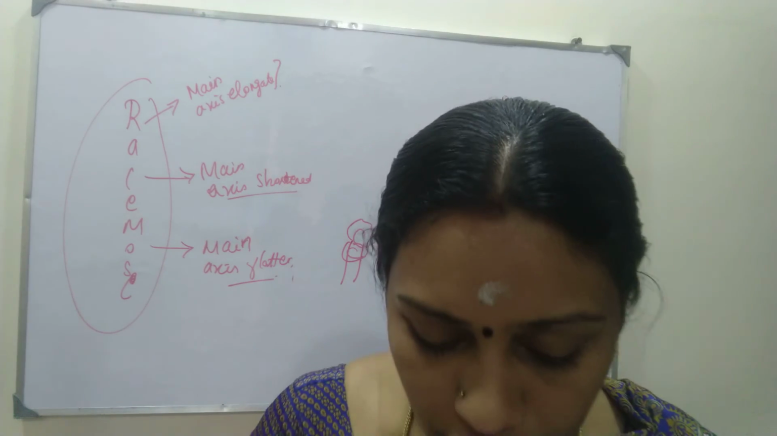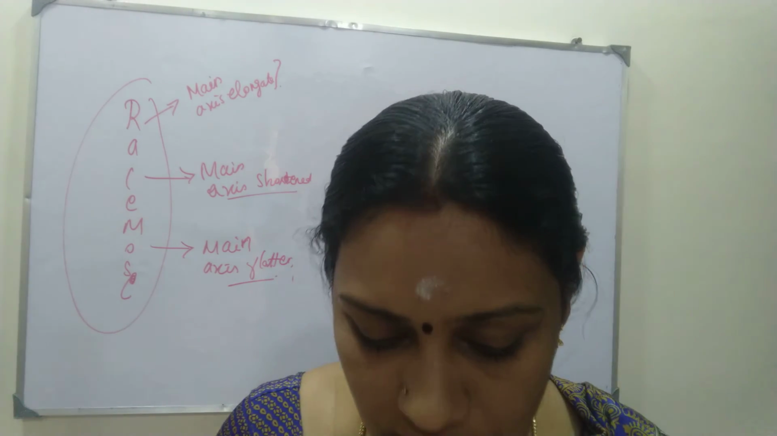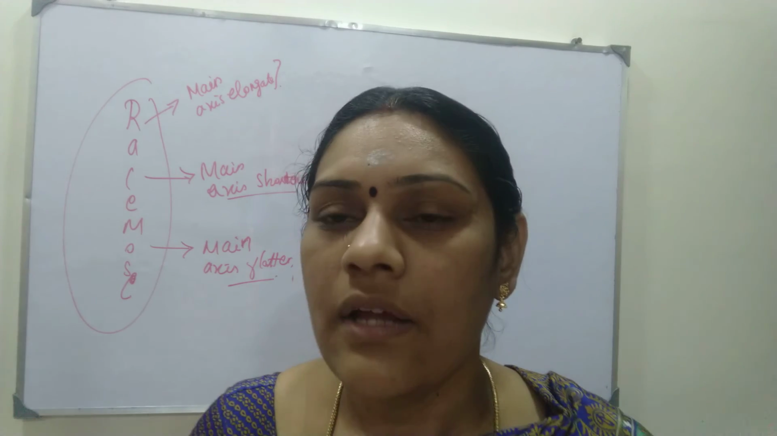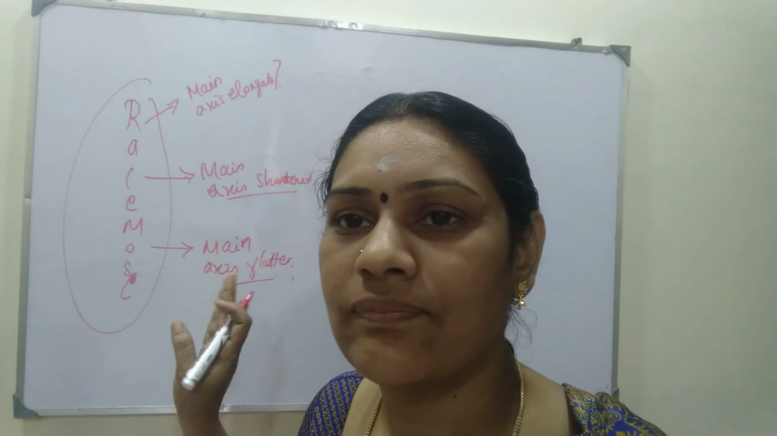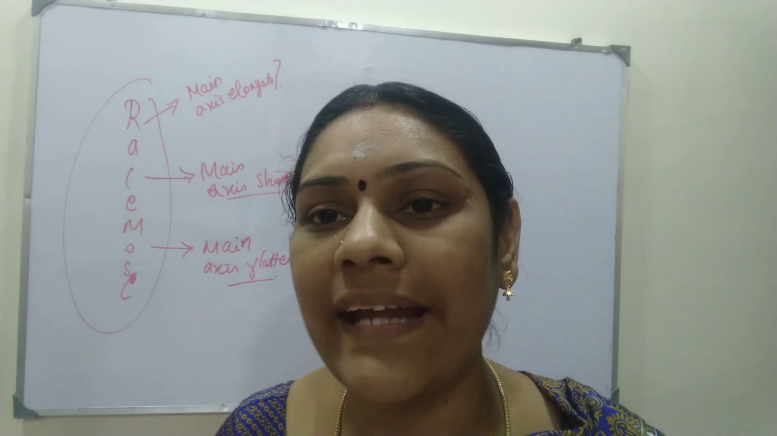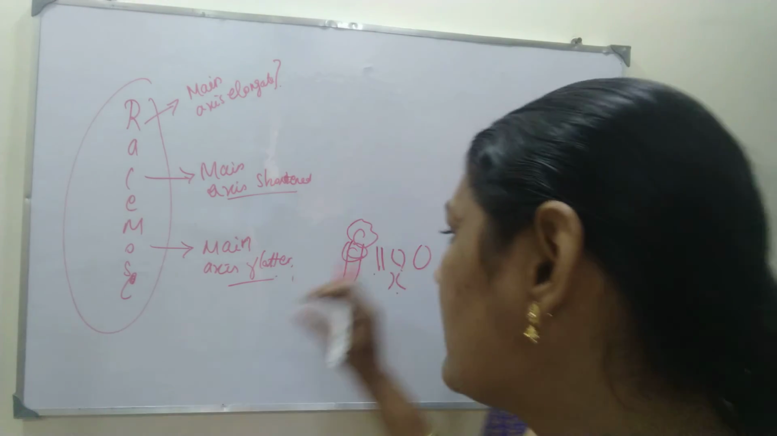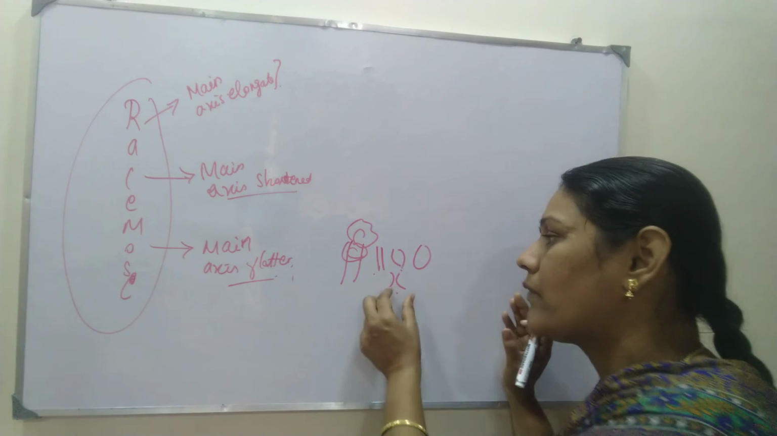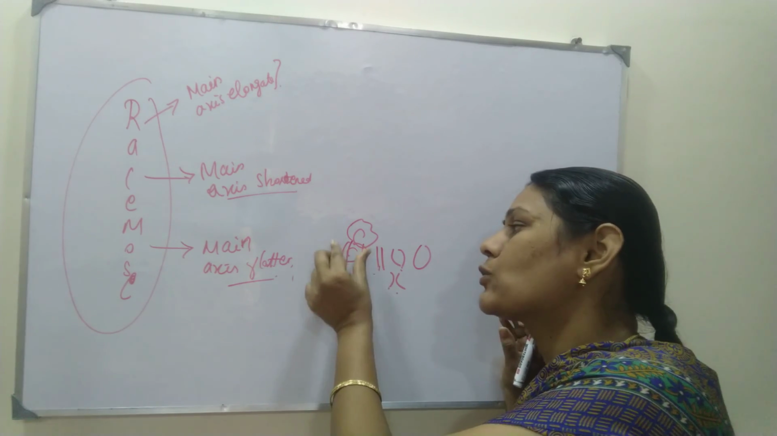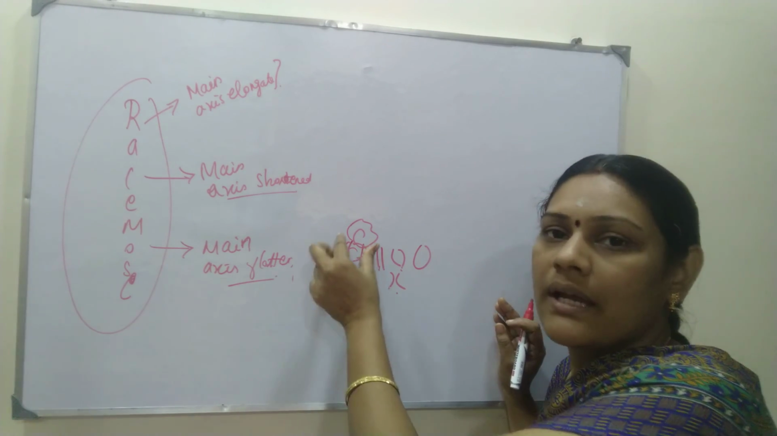Before going on, this is also determinate growth. In this main axis flattened, you are going to study about head or capitulum. Why do we call it head or capitulum? Because this main axis is round, convex or concave, so it is called head, which we are going to study. Okay, its name is called